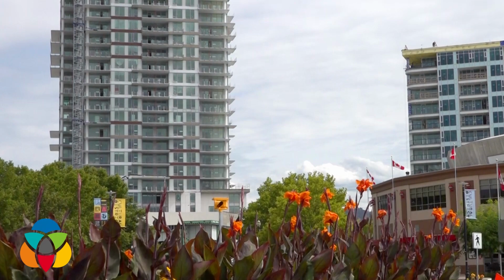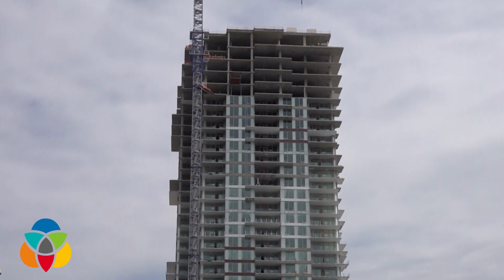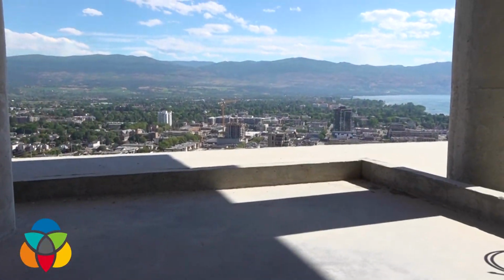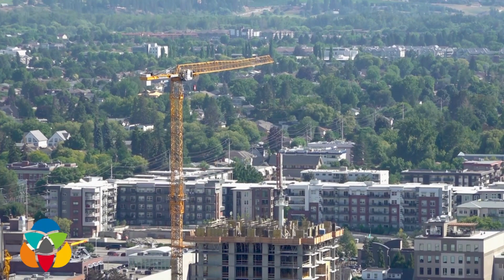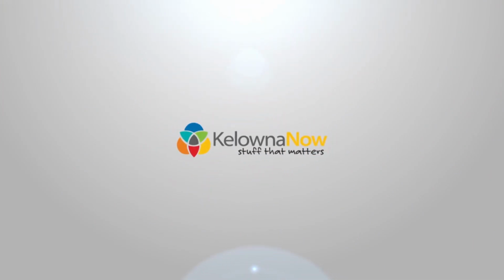Do you think this is going to be repeated somewhere else, if not Kirkhoff then by someone else? Do you think we'll see other buildings as tall as this? I hope so. I really do think density in key city centers is important as we grow as a population, very important. And I welcome the challenge of other developers, fellow developers coming to Kelowna and building at these heights and even greater. We do have some plans of our own in the future to possibly go a little higher as well. Did you just drop it there that you already are looking at building something this height